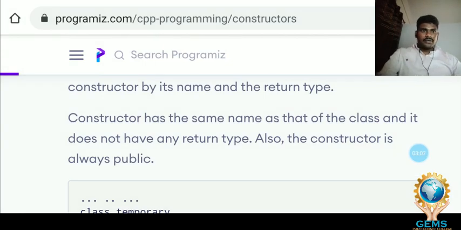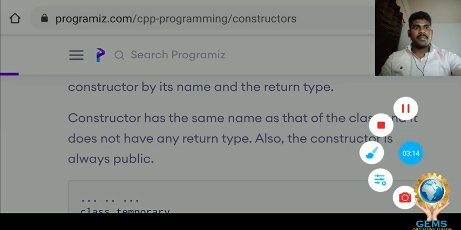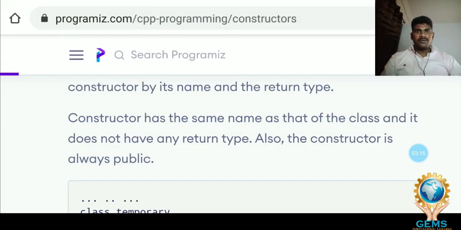If we want to declare a constructor, we have to follow some rules. First, the constructor has the same name as the class name. The class name and constructor name should be the same. And second, we should declare the constructor in public mode.